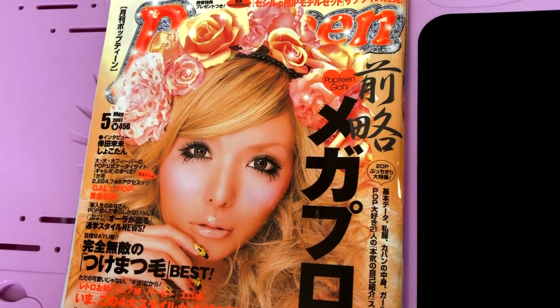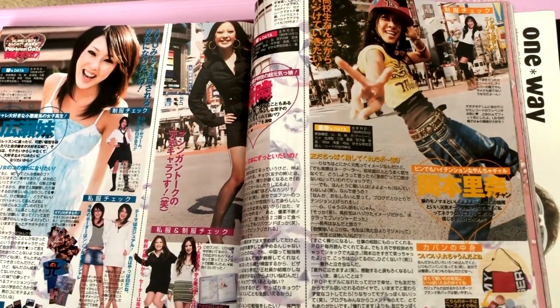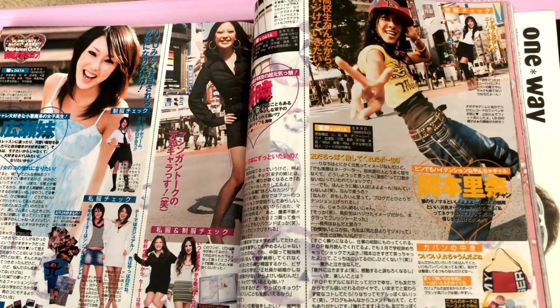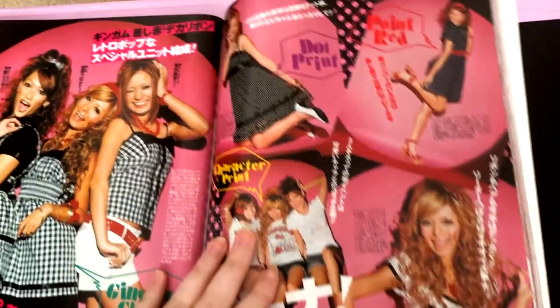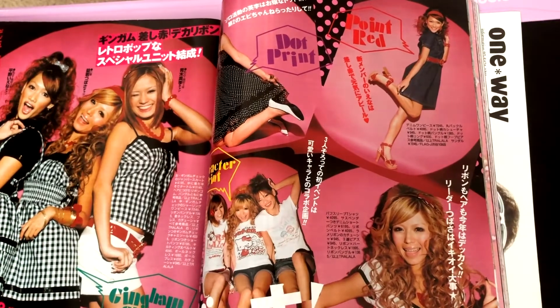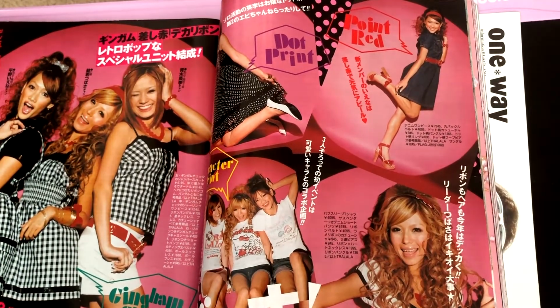Anyways, I guess we should continue where we left off, shouldn't we? So last time we left off with a ton of different bag checks that were done by a variety of different models, and if we flip the page, we have a spread for Tralala that has Tsubasa Matsuraka on it,